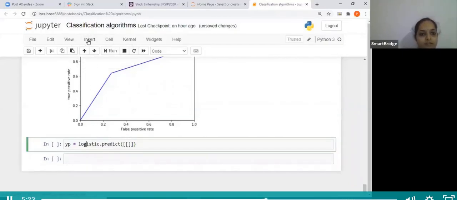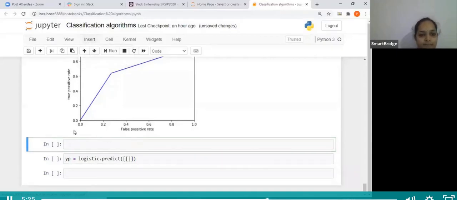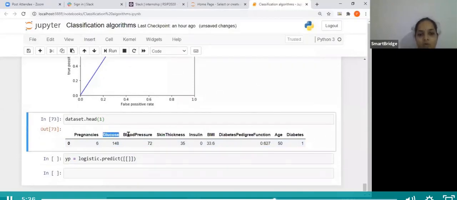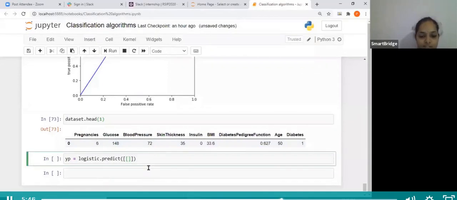So let's see what are all the values in the data set. Here I have number of pregnancies, glucose, blood pressure, skin thickness, insulin, BMI, diabetes pedigree function, age, and whether he has diabetes or not.